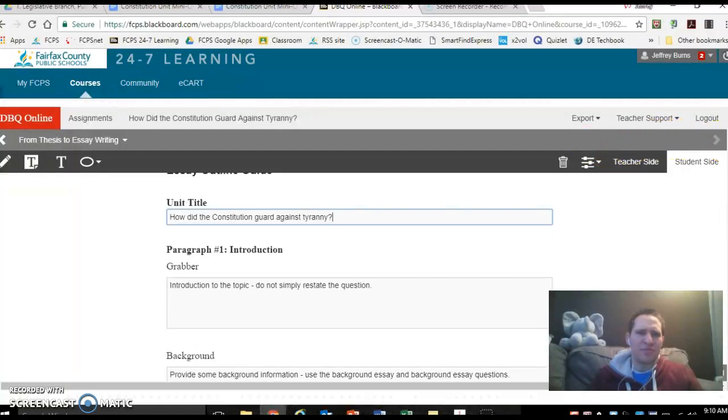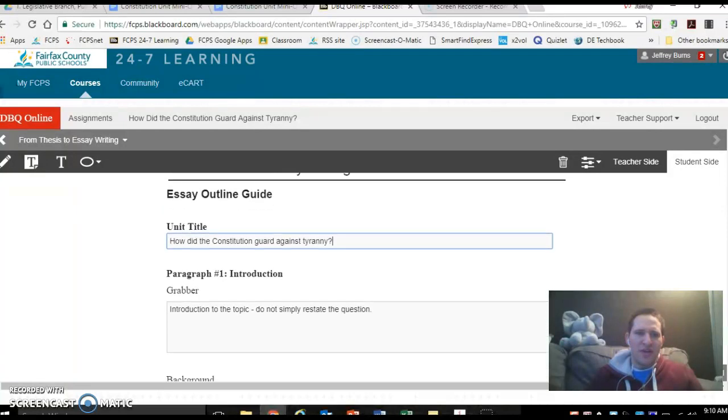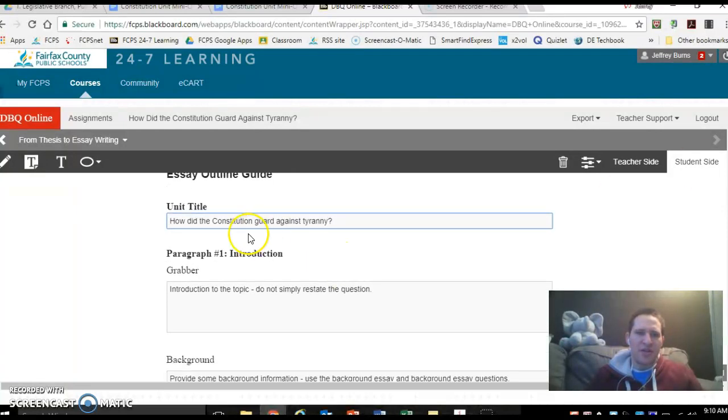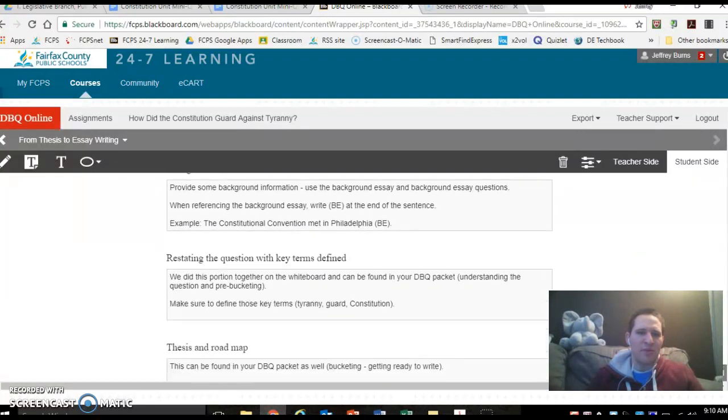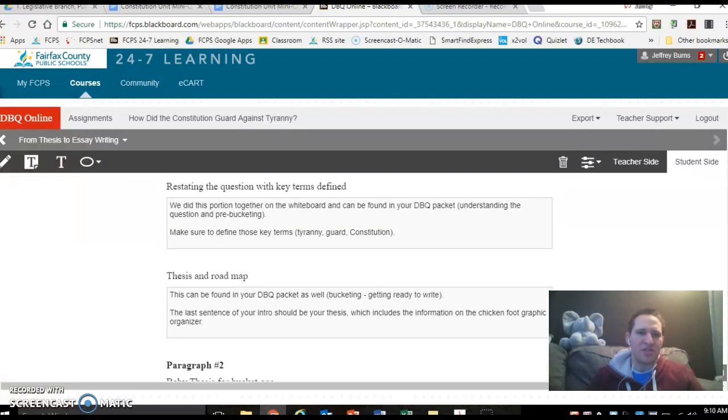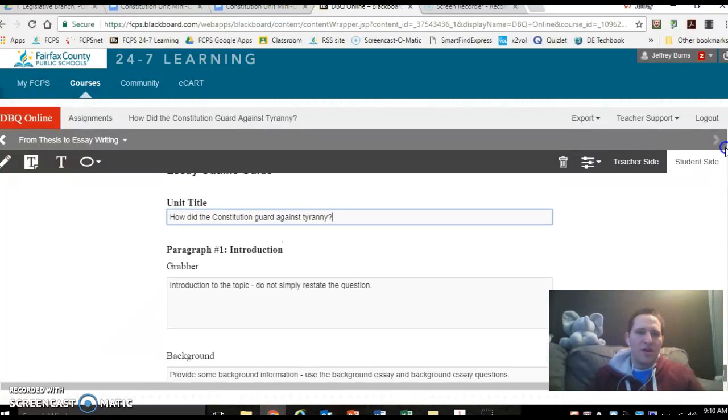Okay, let's talk about the introduction paragraph here. When you are filling in your outline, you want to put the title in at the top. That's the title of the DBQ. Then when you go into the introduction paragraph, it provides you with 4 scaffolds: grabber, background, restate the question with key terms defined, and thesis and roadmap. The grabber is just an introduction to the topic. So you want to bring in one of those key terms in this title